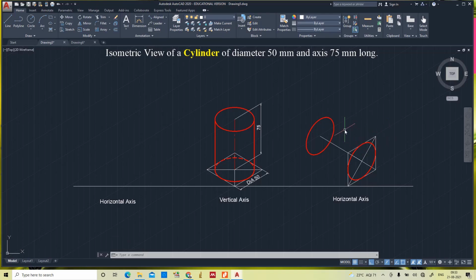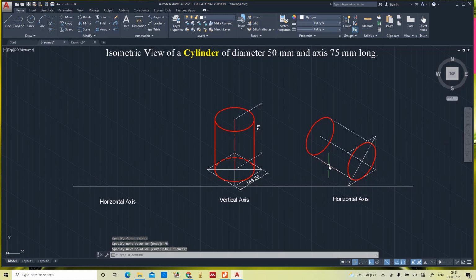Yes, the back base of a cylinder and front base of a cylinder is ready. Now to draw the generators, instead of drawing from exactly the midpoint, see line from this point to function F5, yeah, 75. This will be the maximum portion visible. Again this one line from here 75.